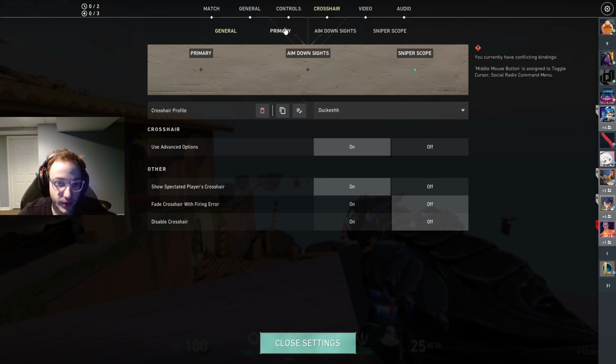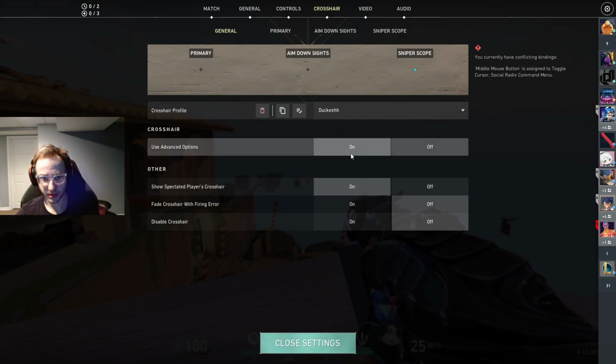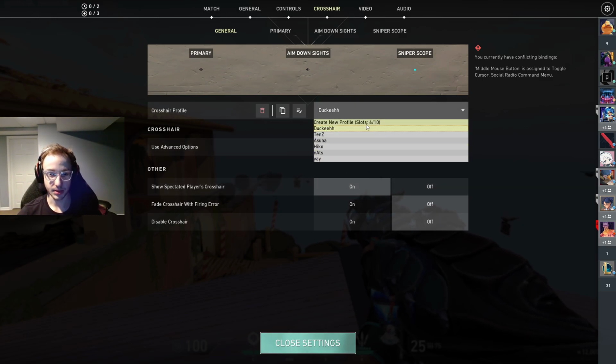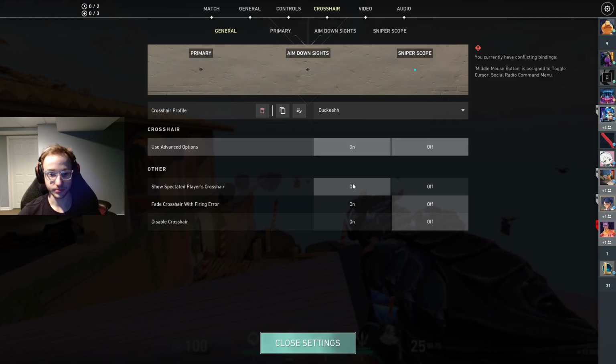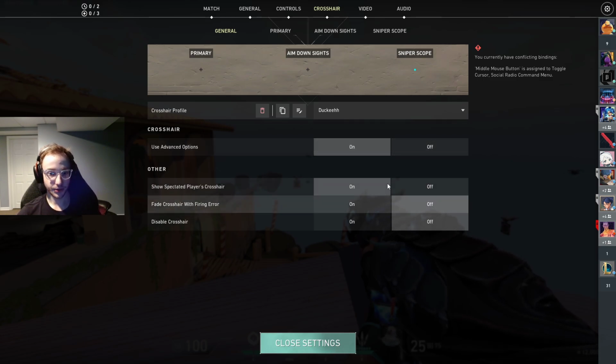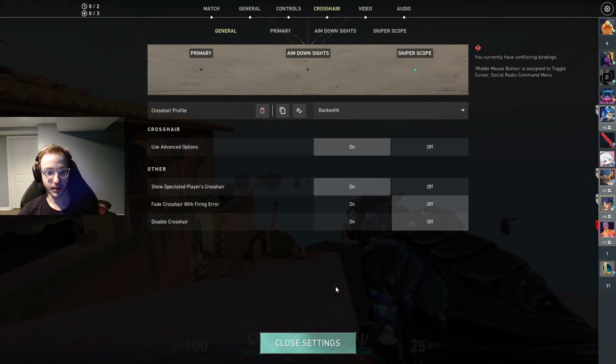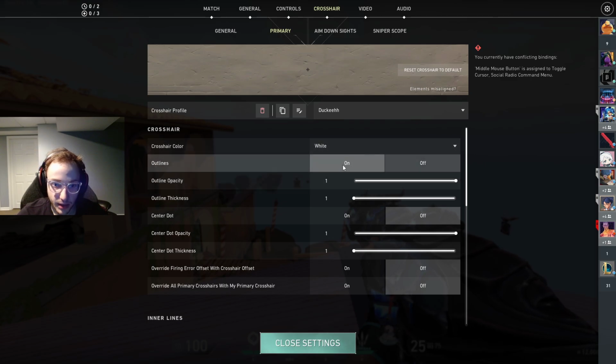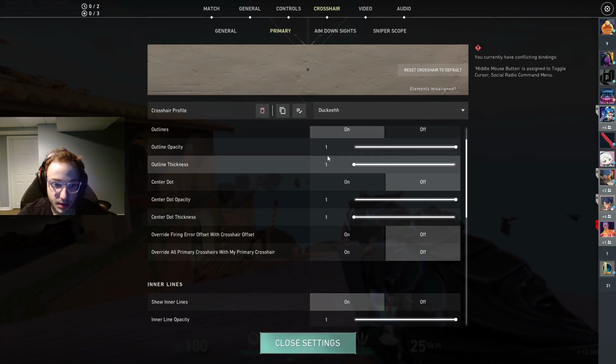So my crosshair, a lot of you have asked this. For crosshair, you want to use advanced options on. I'm pretty sure, I don't know if that's on by default, but now you can have up to 10 slots. So that is cool. I have show spectated players crosshair on because that's always pretty fun. These are both off. And primary outlines on, you can choose whatever color you want. My crosshair is,